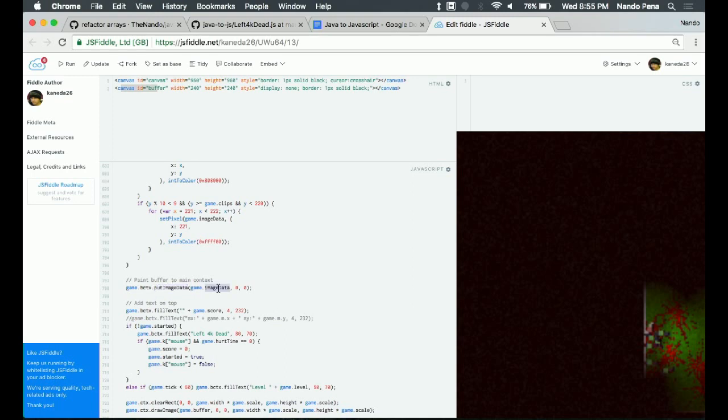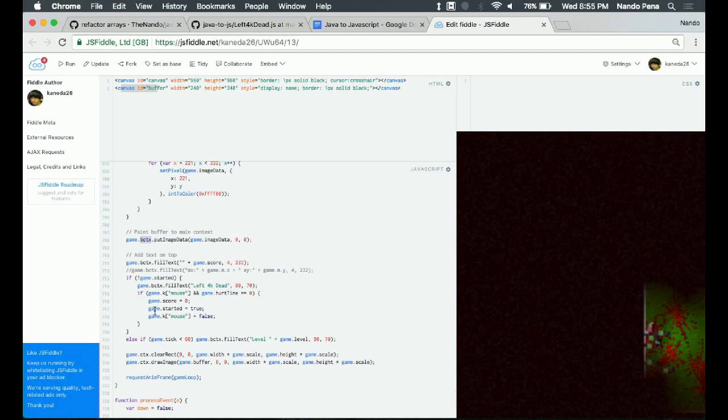It expects an array and then a place where you want to start drawing it. It's going to take all that big array of color values and draw it to the context, which is going to create an in-memory image. And then the buffer is linked to the context, so manipulating the context has an effect on the buffer.